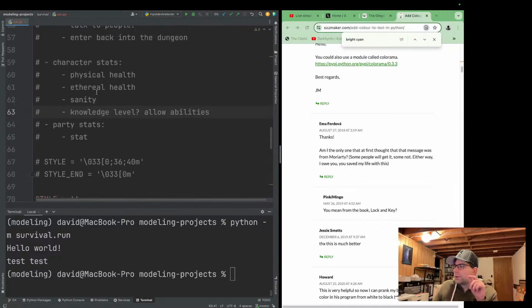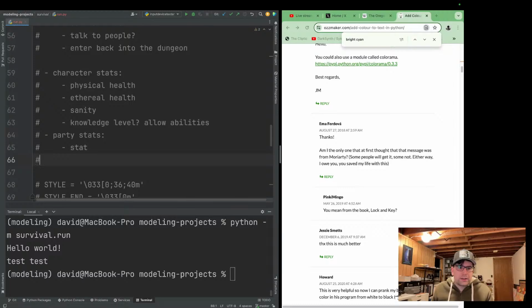So with these four things, party stats, and then money,